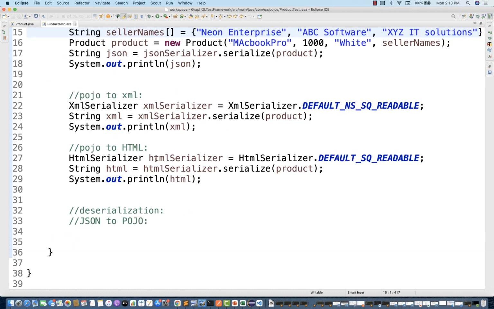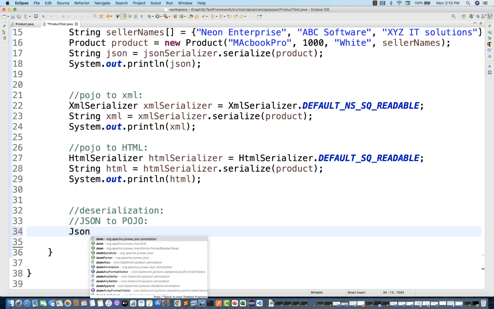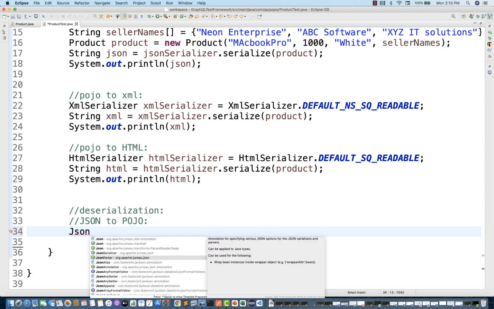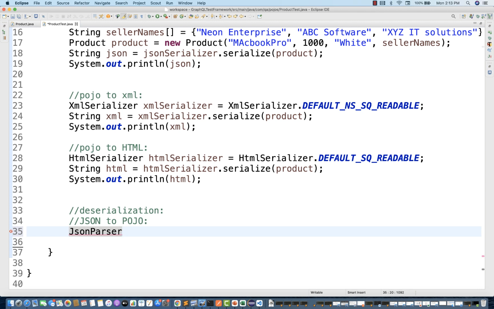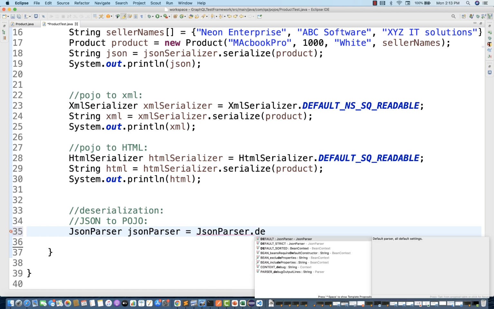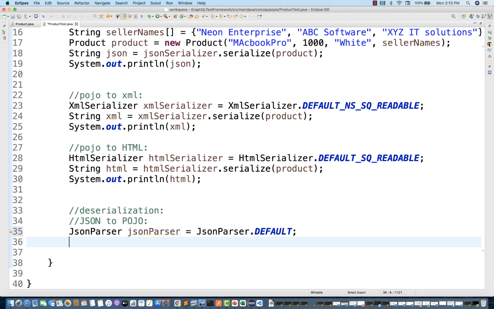So whatever the response, let's say the response is coming in the form of JSON. I'll be converting that JSON response into a map with the POJO object, and then we can compare both the things together. So let's see. First of all, you have to use a JSON parser for that. So from the Juneau API, you use the simple JSON parser. Create the object of JSON parser over here like this. Not new, simply write JSON parser dot default. Okay, and then you pick any JSON object that you have.